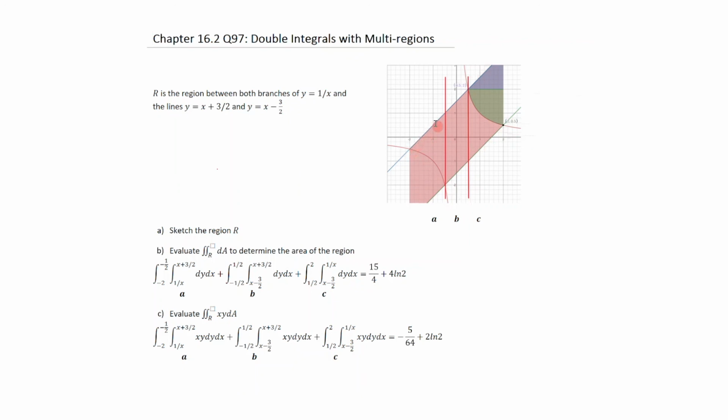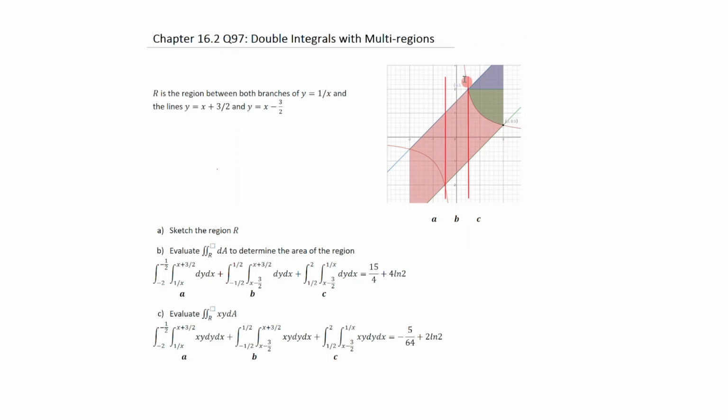So this would be an upper boundary for the inner integral. This would be the lower boundary for the inner integral. For this region B, this would be the upper boundary for the inner integral, and this would be the lower boundary for the inner integral. And finally, for region C, this would be the upper boundary for the inner integral, and this would be the lower boundary for the inner integral. As far as the boundaries on x are concerned, which is the outer integral, it would be here,